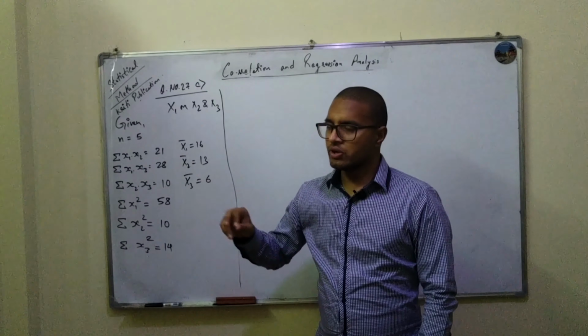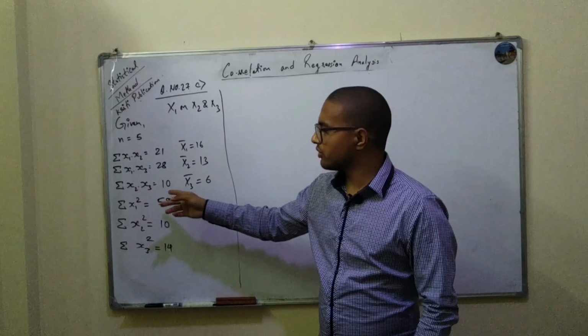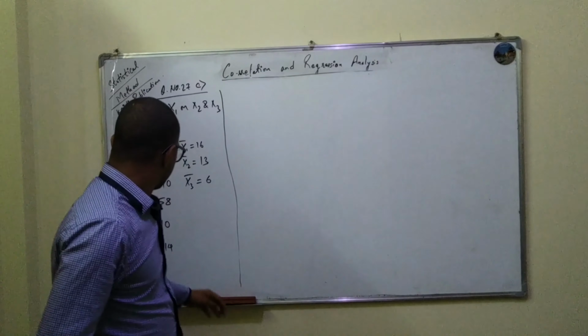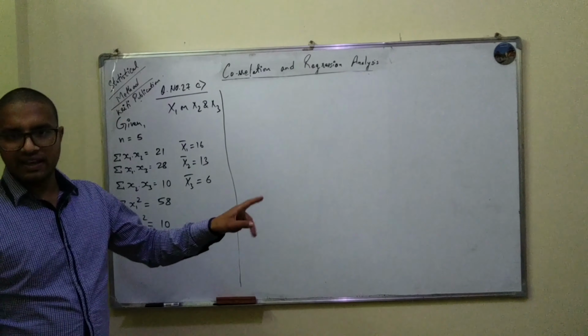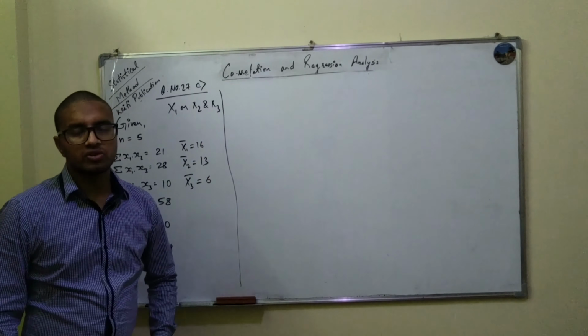after that, you have your x1 dot x2 given, x1 dot x3 given, the small x. We've also been given x1 square, x2 square, x3 square. So what we need to solve for is y on x1, x2 and x3. What is the equation? It has just asked us for the equation only. Okay, so we know